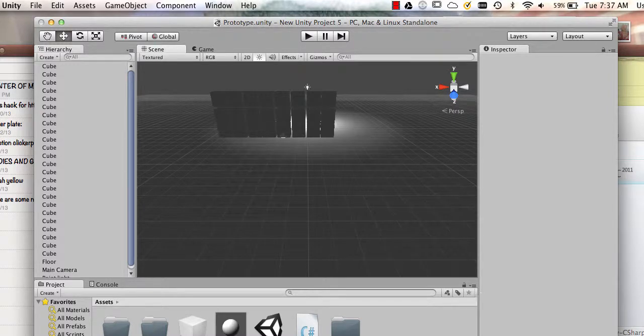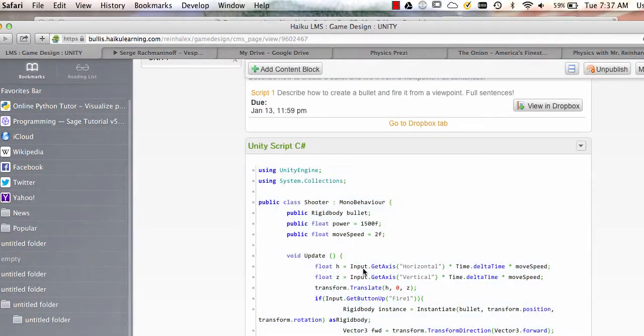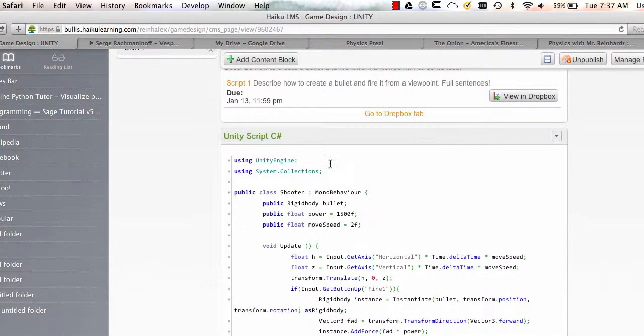Okay, round two, guys. Here's how to create your firing cannon in this game. On Haiku, I have placed this script. This basically says, using the Unity engine, this is kind of just formatting stuff. You don't have to totally understand this, but I do want you to maybe edit some of these numbers later